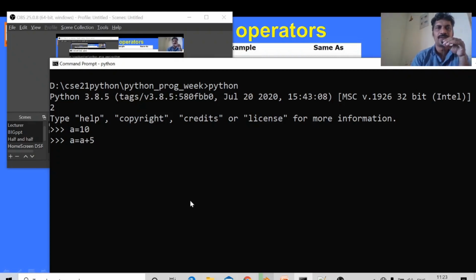What is the value of a now? 15. In order to print the value of a, I use print a. The value of a is 15. Now a plus equal to 1. The value of a is incremented by 1. Now I will write the print statement.